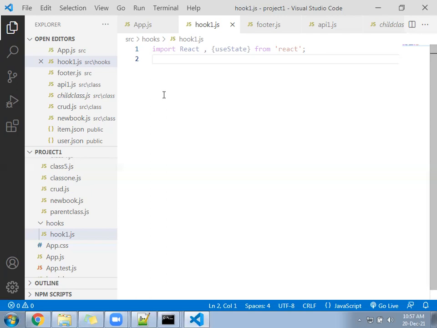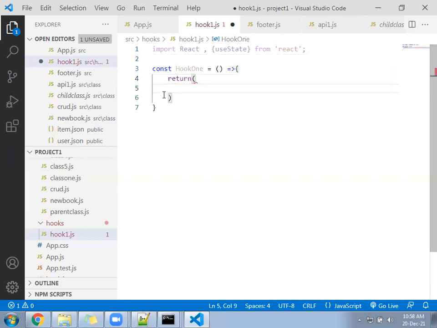You are going to write like this: const Hook1 equals, return, div, className equal to container, my-4.